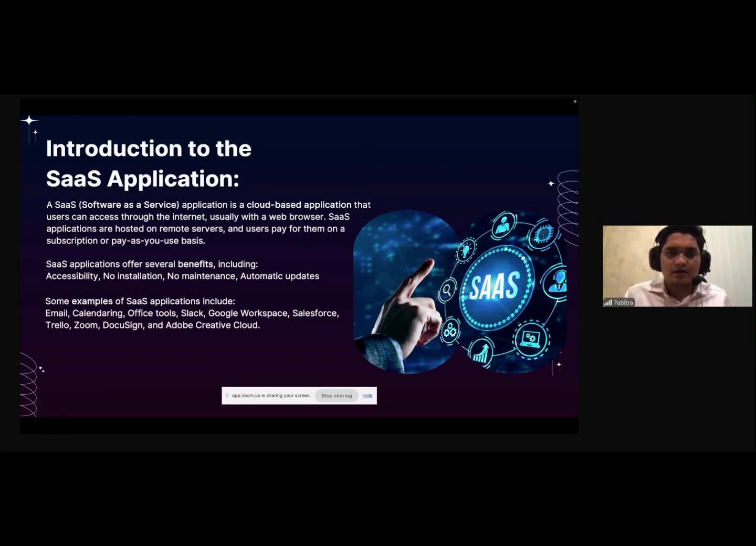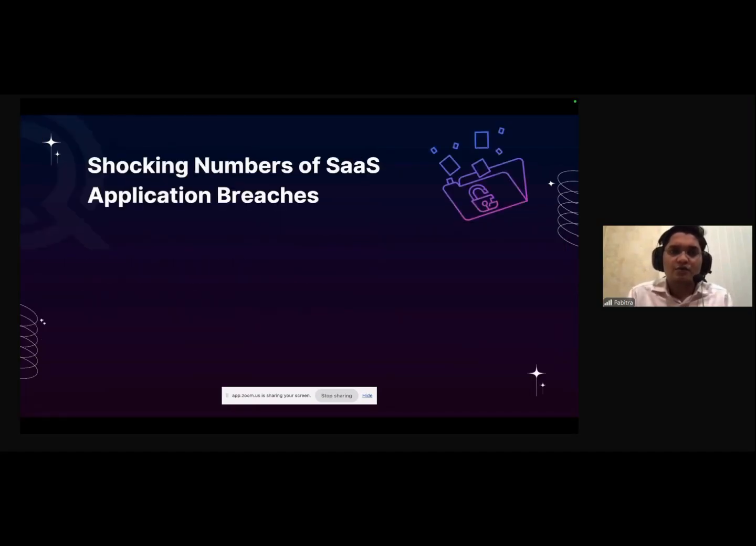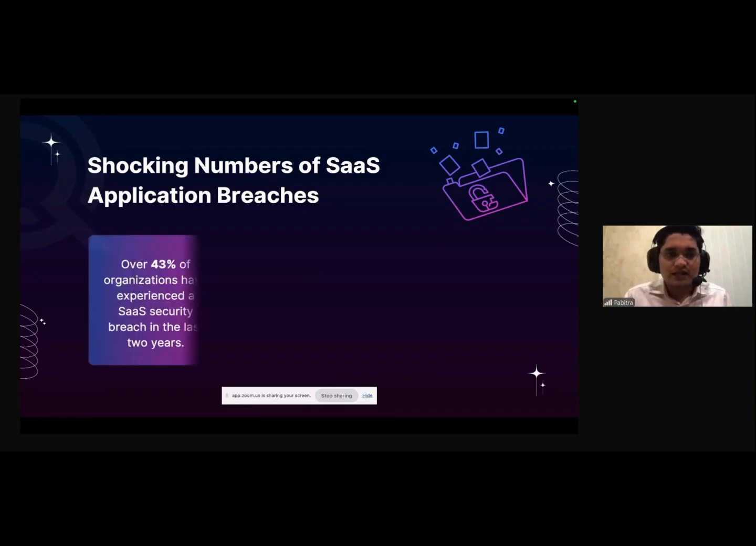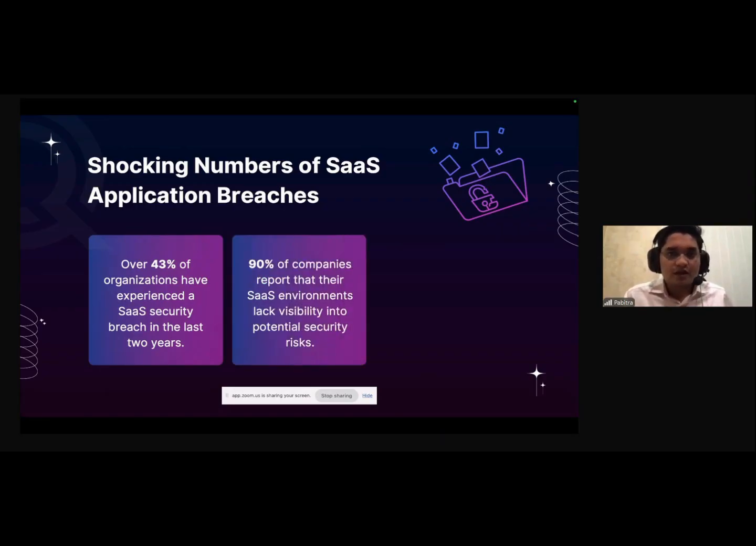Moving forward, some details about SaaS breaches in the past few years. Over 43% of organizations have experienced a SaaS security breach in the last 2 years. In 2023 and 2024, the majority of organizations, whether SaaS providers or SaaS consumers, reported that they had experienced certain breaches due to SaaS security issues. And